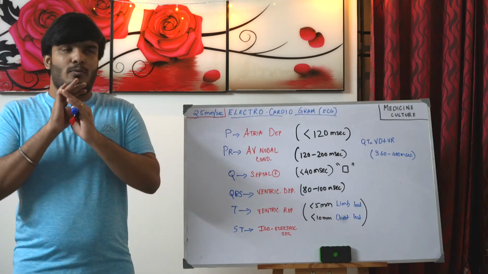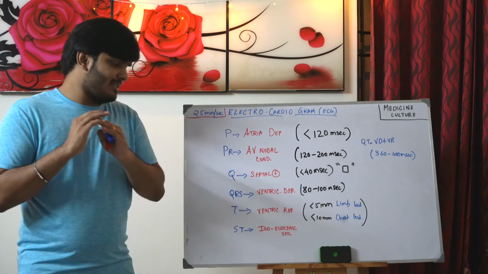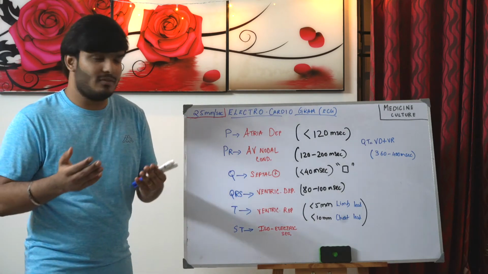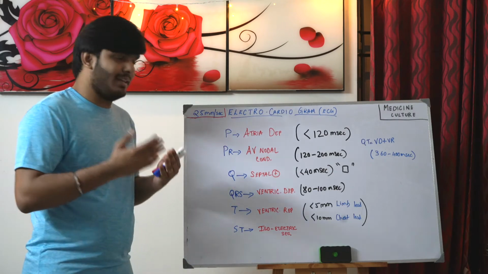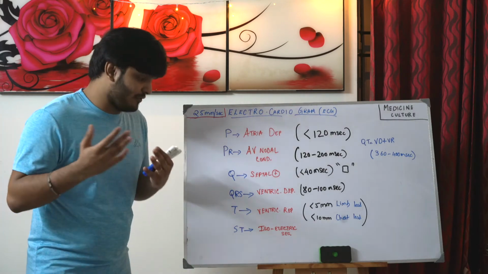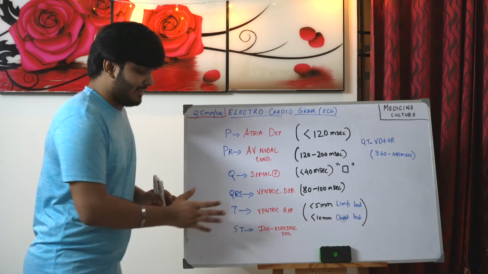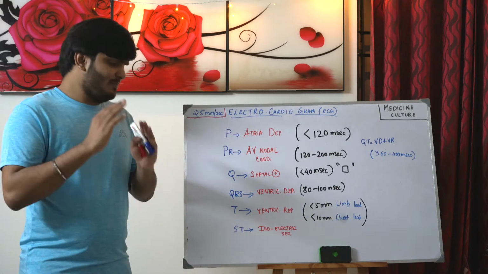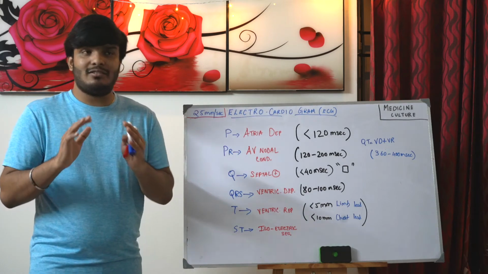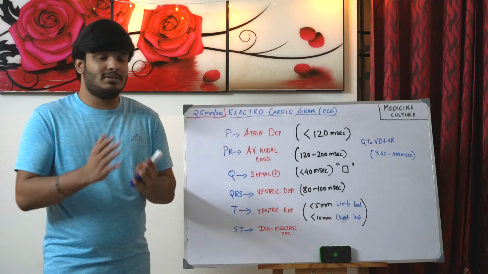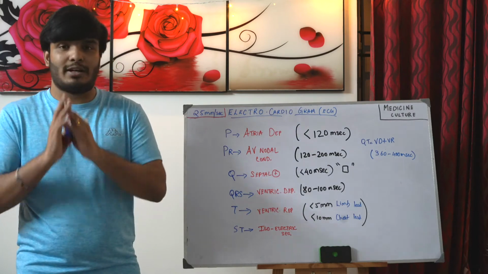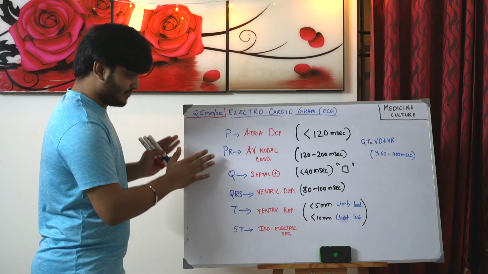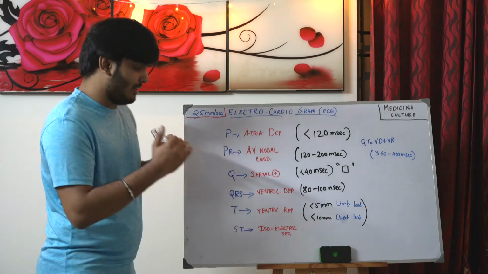The ST segment is an isoelectric segment, an isoelectric line. There is no wave or deflection in the ST segment. If there is a deflection, we call it ST elevation, which we will see in MI, and there is also ST depression. Lots of things are there, but the normal is that the ST segment is an isoelectric line. I'll repeat once again, the ST segment is an isoelectric line. This is where ventricular contraction happens, and there is no role for current to play.